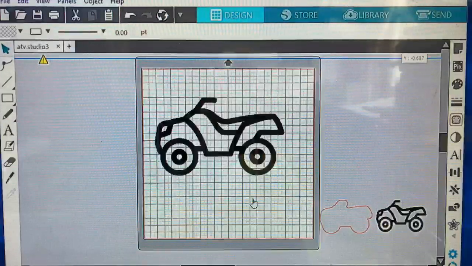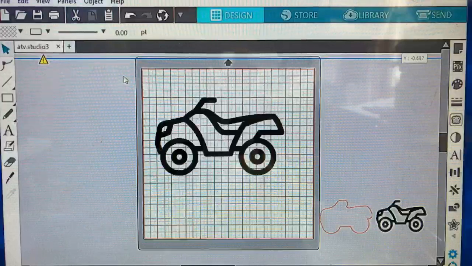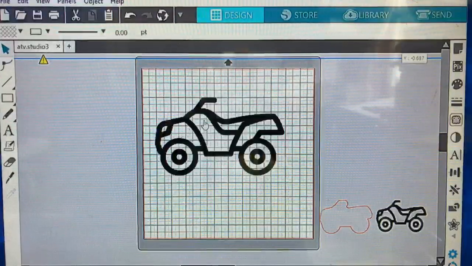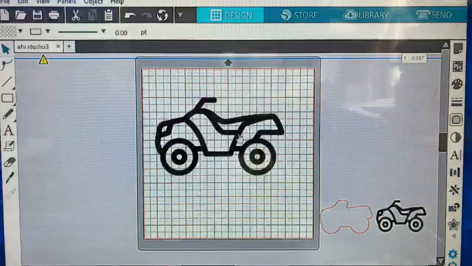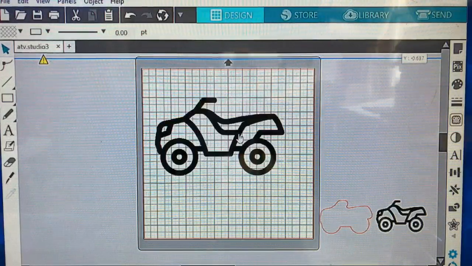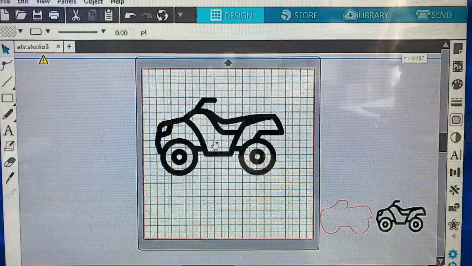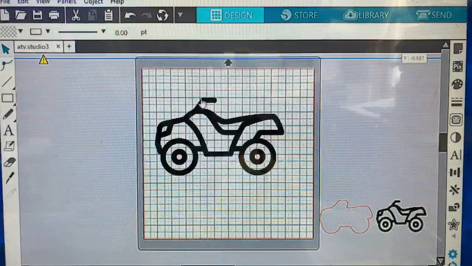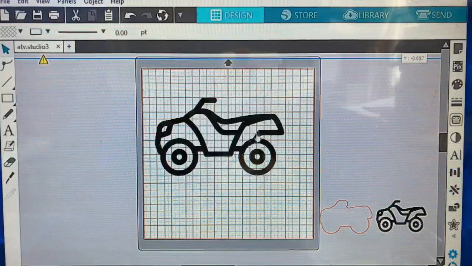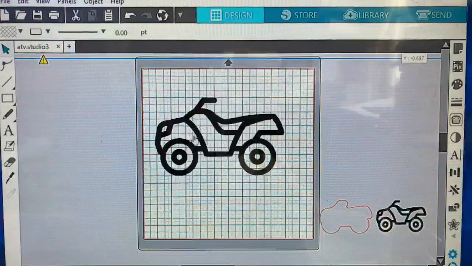So, had a customer ask me for an ATV. I didn't have an ATV cutter. I typically try to make my own when I can. So I went to Google and I did a vector image search. Vectors are scalable graphics, which are really nice to use, and there were a couple that I found. This one I particularly liked because it kind of gave me areas here that'll give me an idea on how